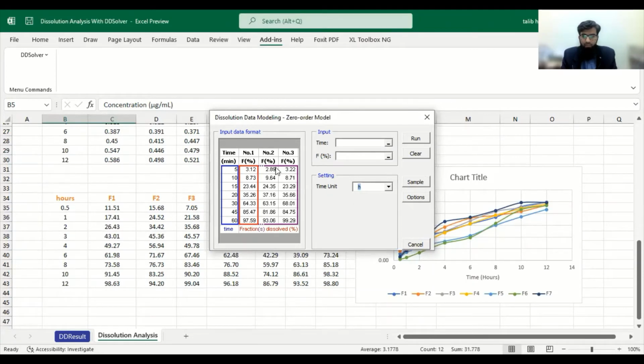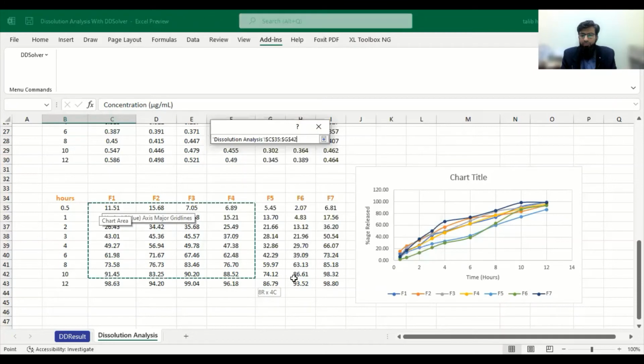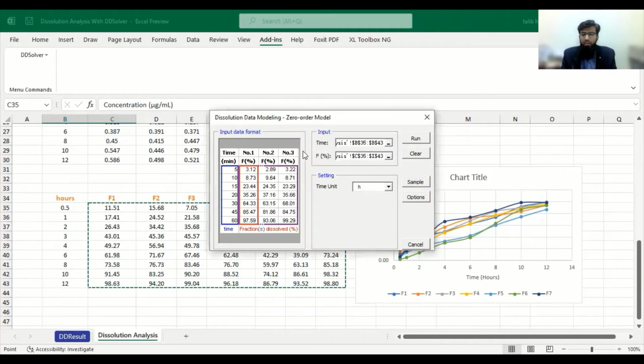For time, we will select the input column, which is time. We select from here to here, from 0.5 to 12 hour window, as time. For the percentage drug release, we have selected F1, and similarly F2, F3, F4, F5, F6, F7 can also be analyzed in the same model. So we will press run.